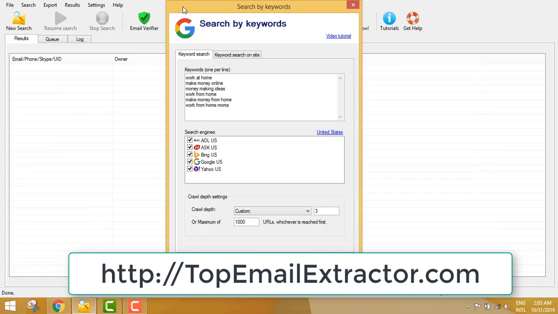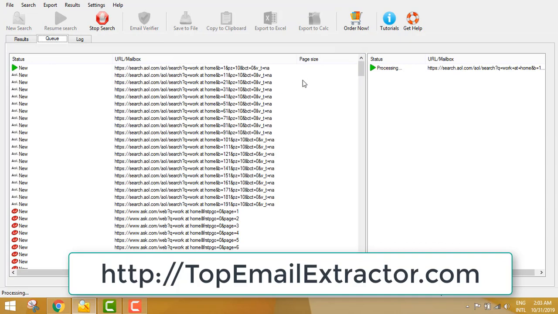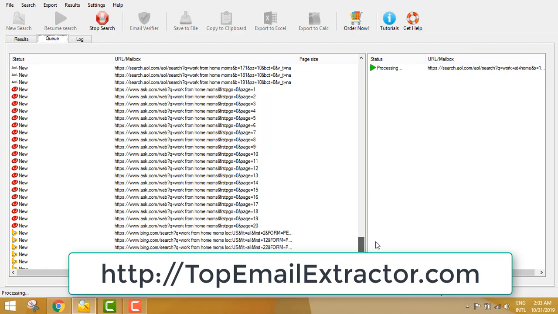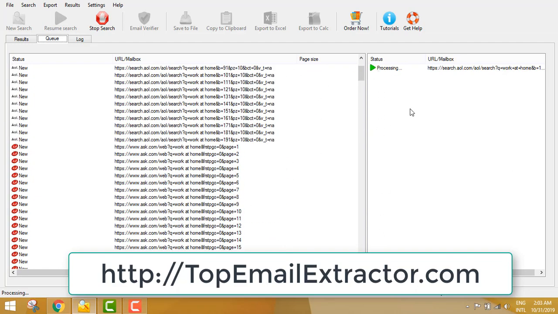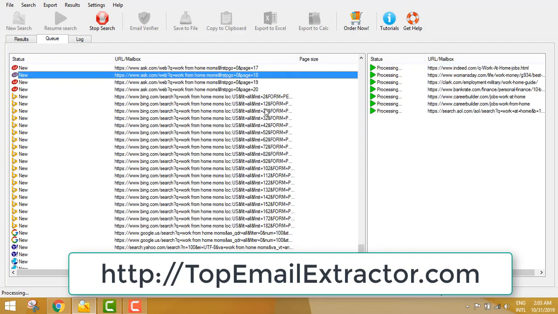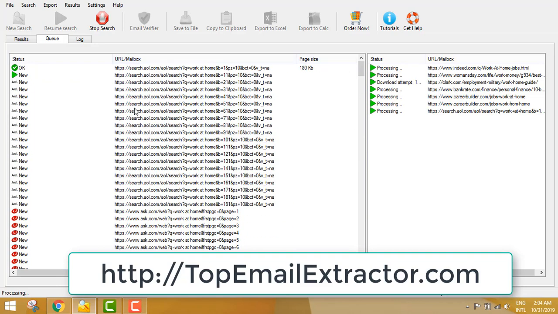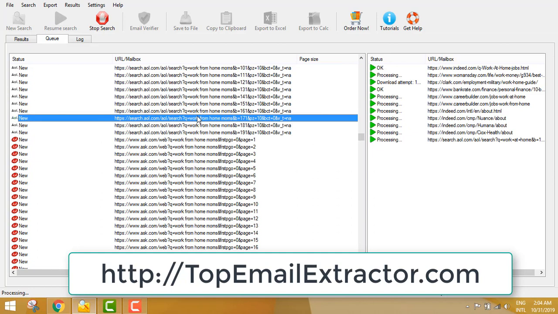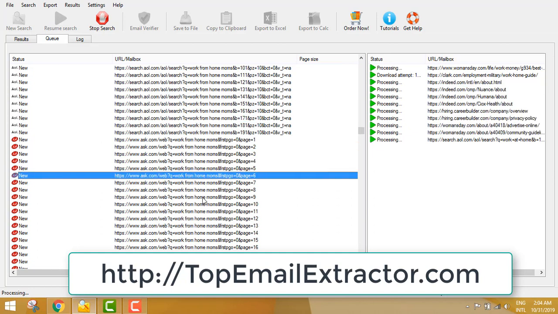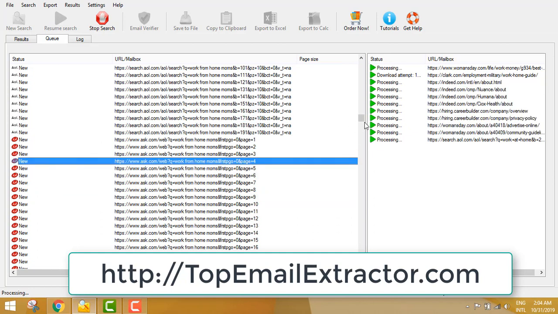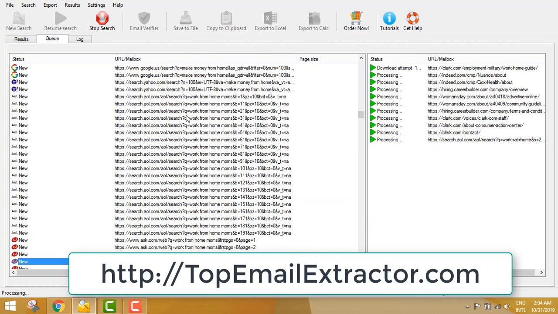And what this software does, it will start extracting email addresses of people who are interested in work at home, make money online, whatever keywords you have inserted. It will start extracting email addresses accordingly. So this is the process and this is the queue. Now what this software does on the back end is it will go to every URL out here and search for email addresses in those URLs. So you can also see that